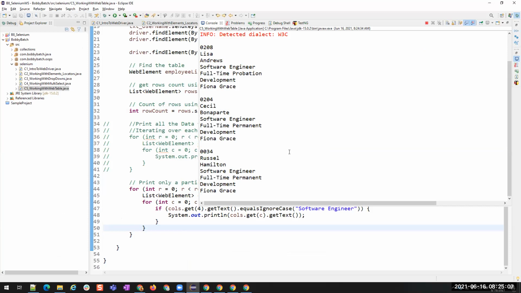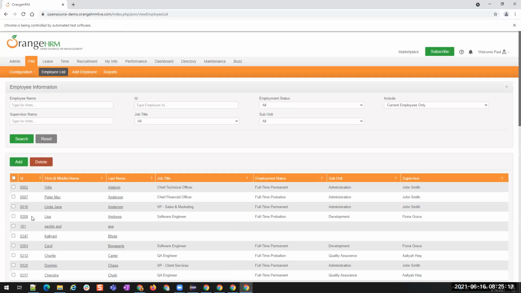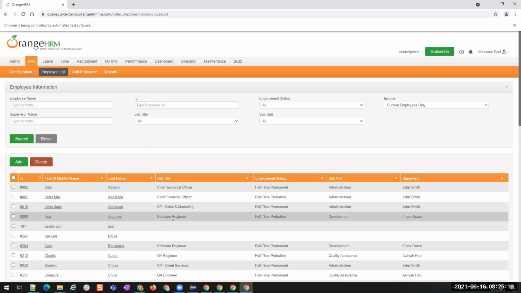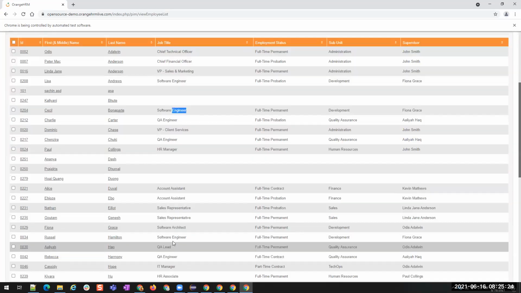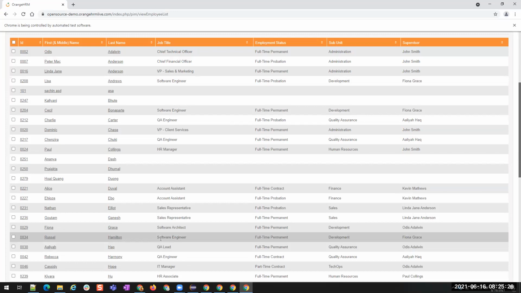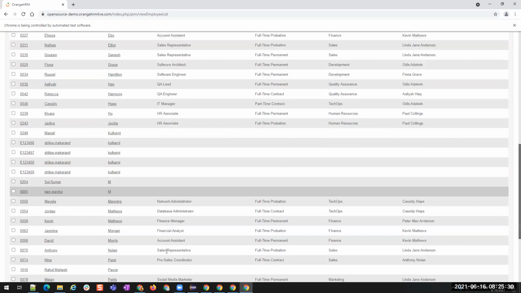It's searching and then finding the data and printing it. Yeah, it's done. Only 3 software engineers are there: 208, 204, 0034. Let's see that. 208 is a software engineer, and 204 is a software engineer. And again, where is the other software engineer? Here it is, 0034. Okay. And we do not have any other software engineers here.